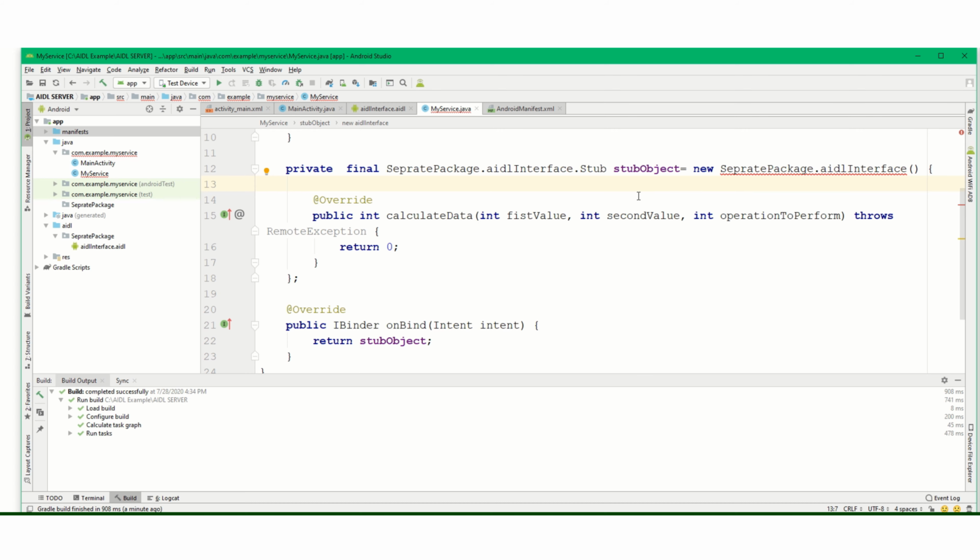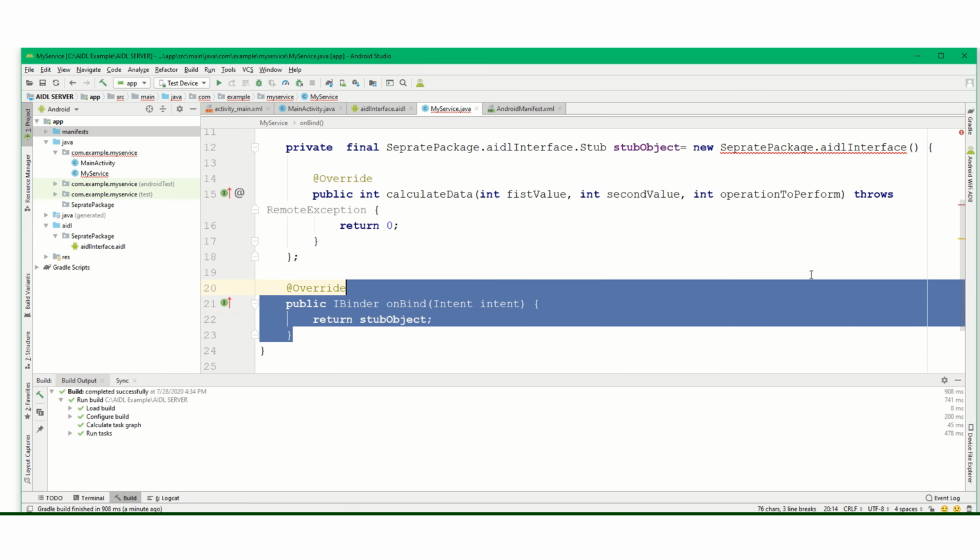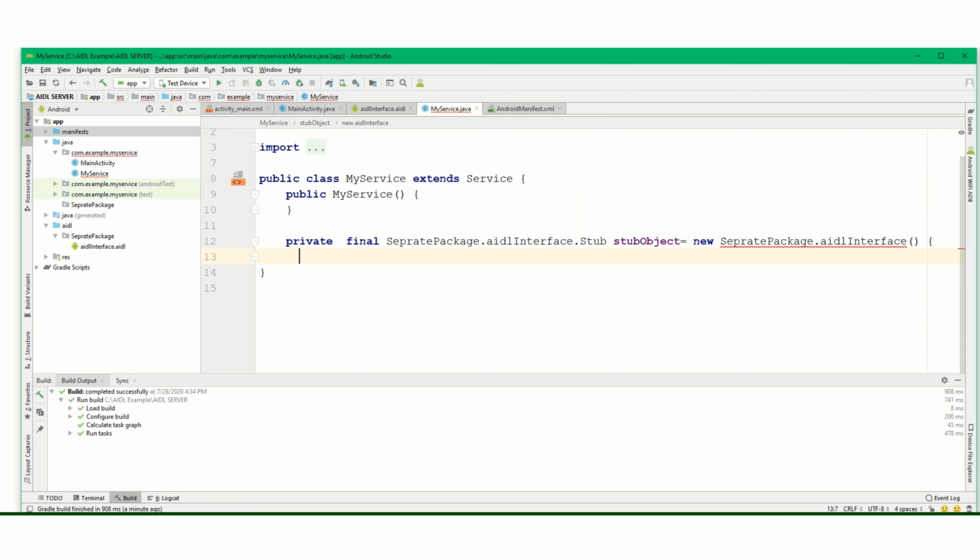Private final AIDL interface stub calculate binder new AIDL interface dot stub. Yes, we have missed here. We are creating the object of stub. First remove this once again. Remove an extra package.